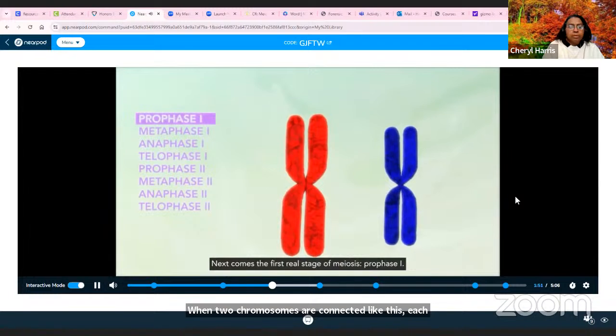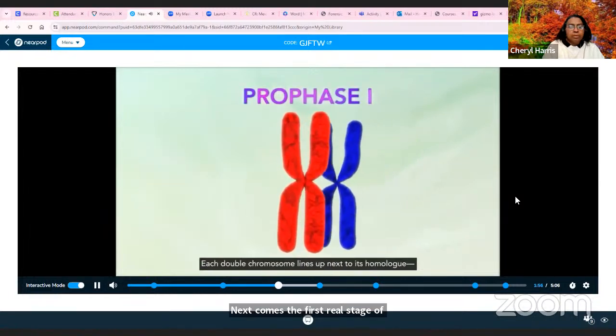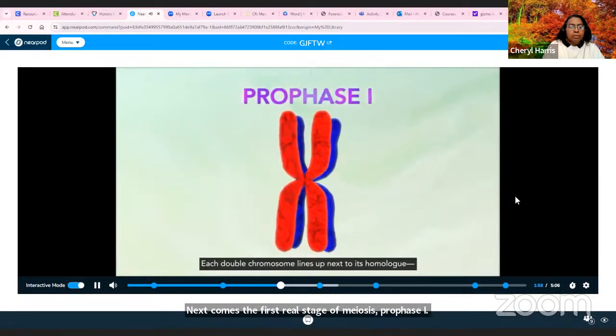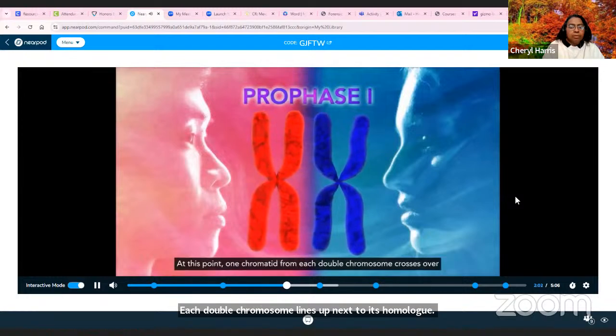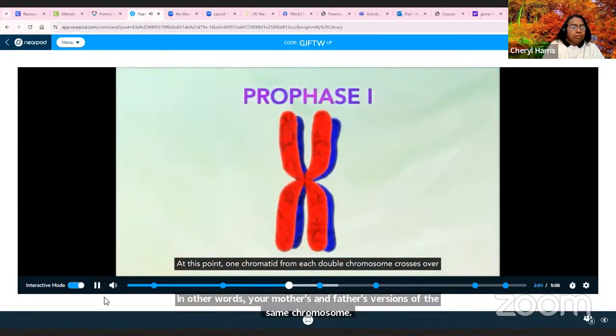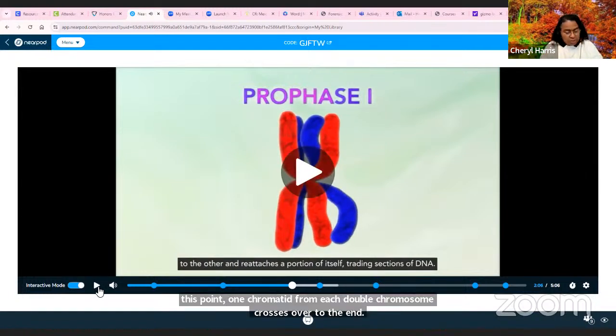Next comes the first real stage of meiosis, prophase 1. Each double chromosome lines up next to its homologue. In other words, your mother's and father's versions of the same chromosome. At this point, one chromatid from each double chromosome crosses over to the... Okay, she mentioned a vocabulary word again,